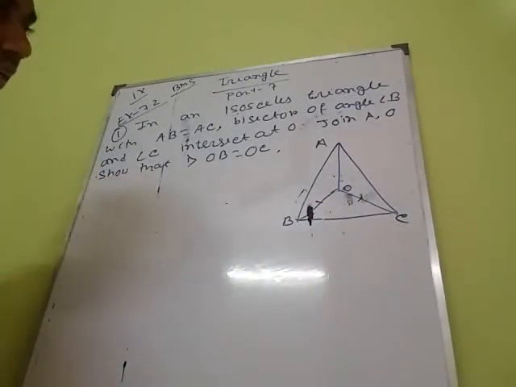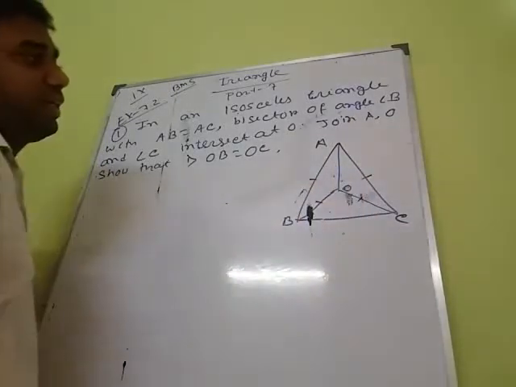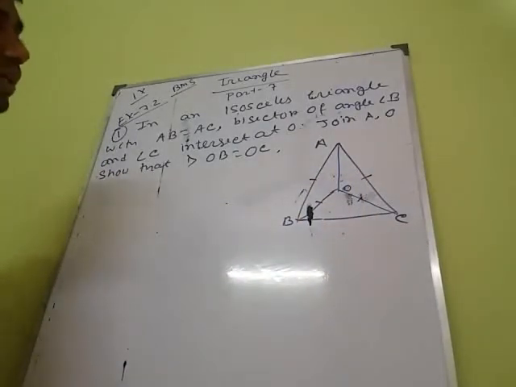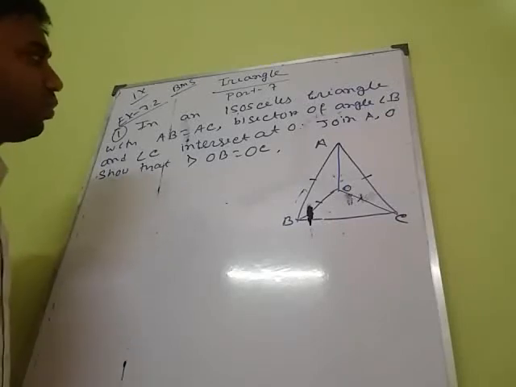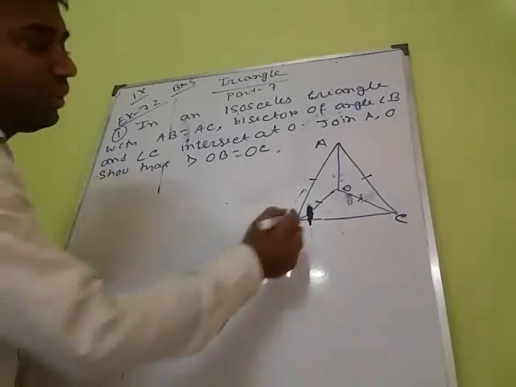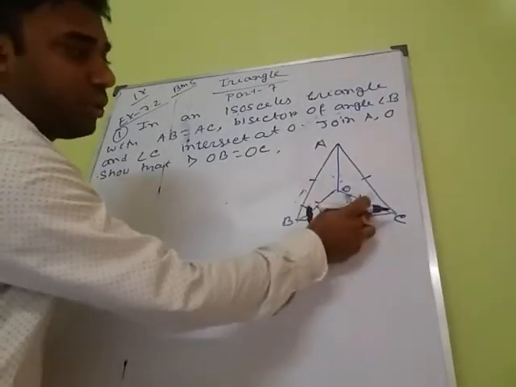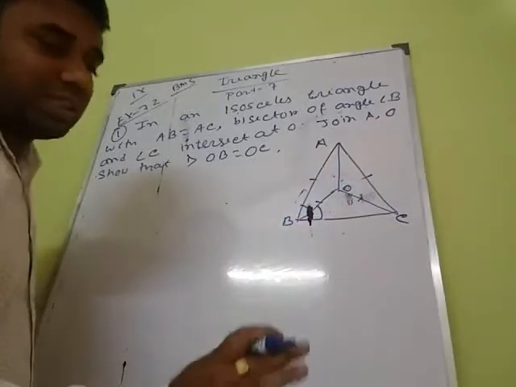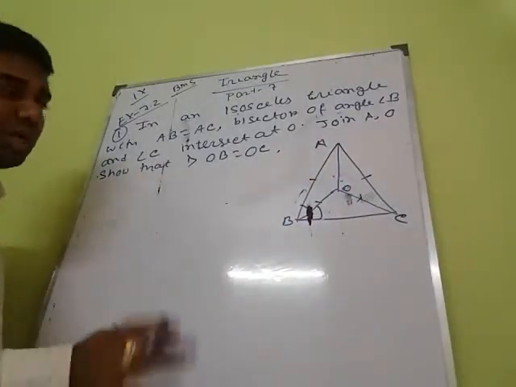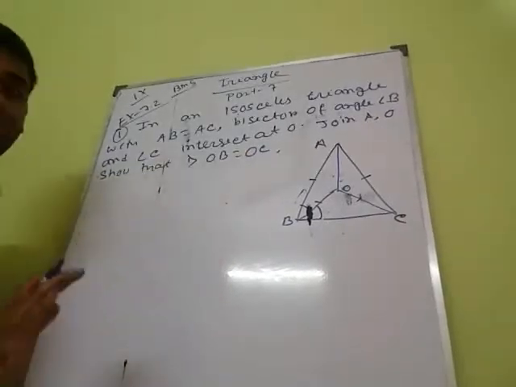So triangle ABC is given. It is given that these two sides are equal, that's why I give a single mark on AB and AC. Now the bisector of B; angle bisector means these two parts should be equal. If it is 30 degrees, it should be 30 degrees. If it is 40 degrees, it should be 40 degrees. Bisector means divide into two equal parts. And the first part is we have to prove OB equal to OC.